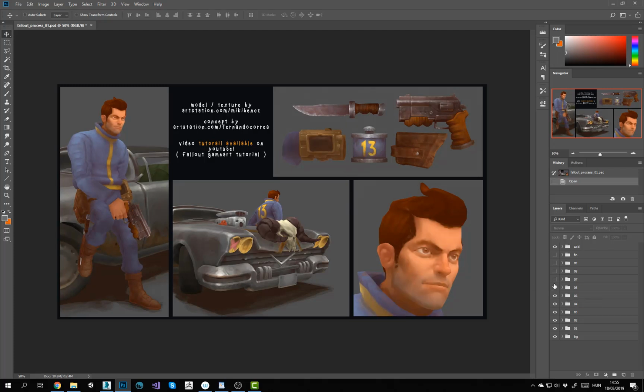And on the face, basically what happened is I started pushing the values a bit more, and this part also received some minor lighting coming from the top. When I say received lighting, I mean I used a big, soft brush on a color dodge layer and just softly went over it. And I added the eyes basically. And yeah, first pass of highlights, and as you can see, the nose is a bit red, and these parts are